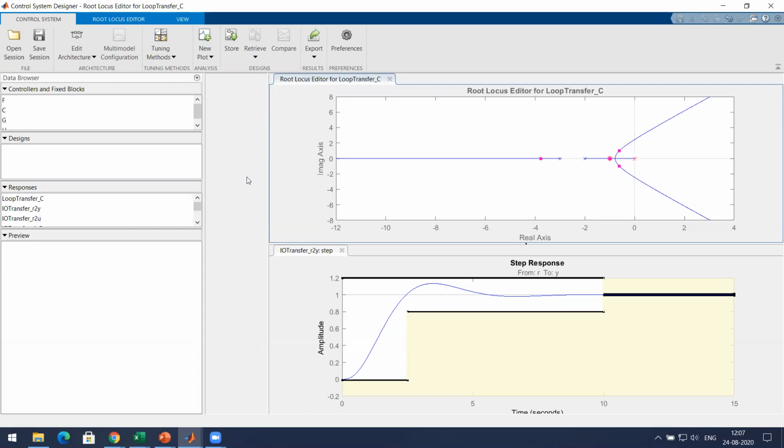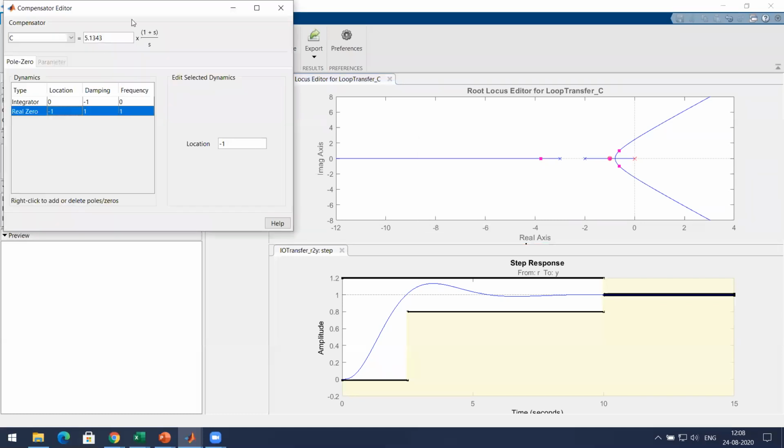There will be a system with some mathematically modeled transfer function, and they'll say these must be the requirements, and it must meet them. This is where this helps. Once it meets them, all you have to do is right click and say edit compensator. You will get this, and you can find the KP and KI values from it.